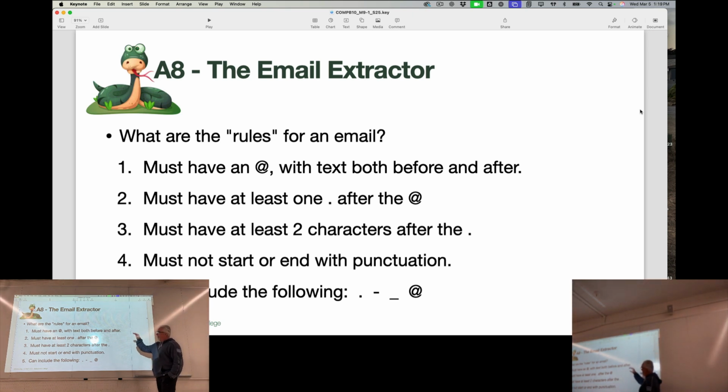And here they are. Every email must have an @ sign with text before and after the @ sign. It must have at least one period after the @ sign. It has to be a valid domain, something .com. So it has one period after. It does not have to have a period before, but it can. It must have at least 2 characters after the period,